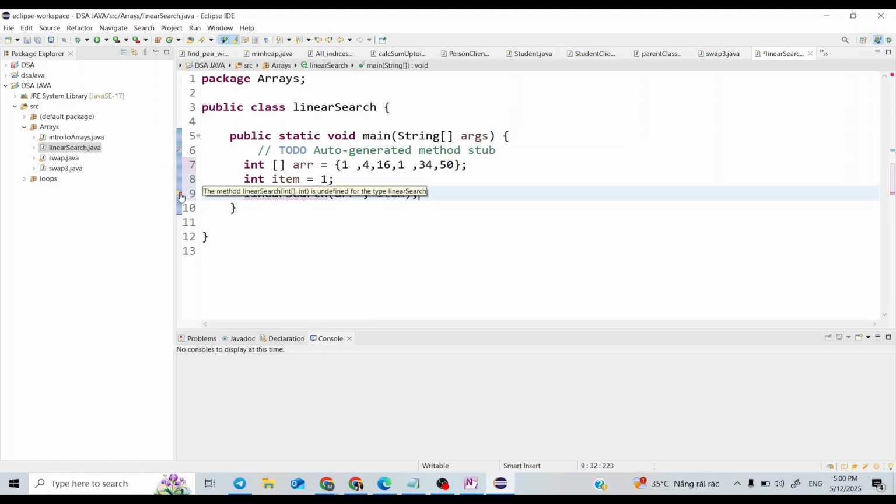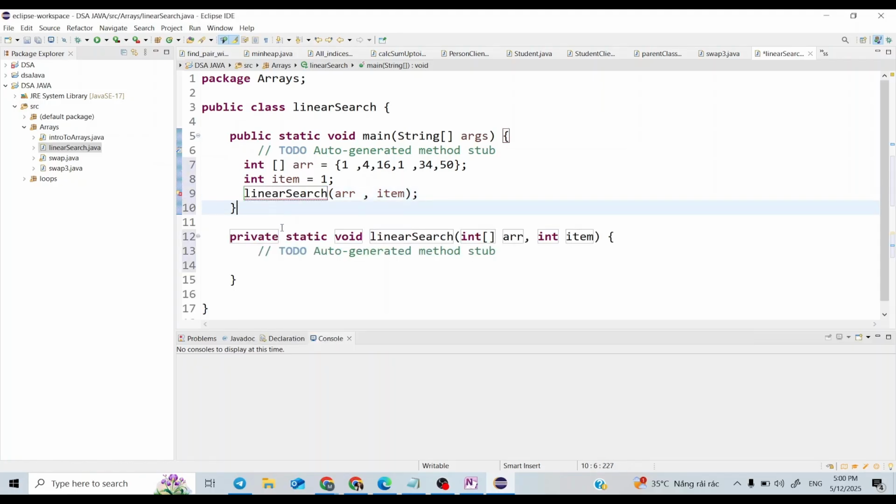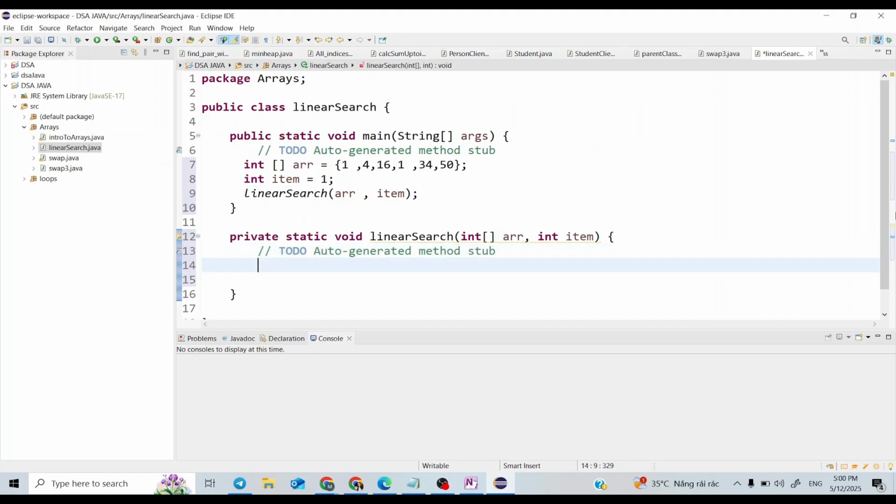So here I will make one function. First of all, I will initialize one for loop, or you can use a while loop also. I am using a for loop to loop through the array.